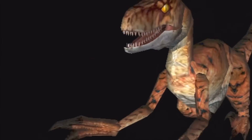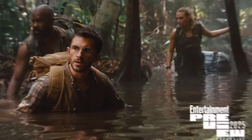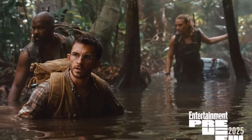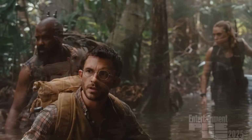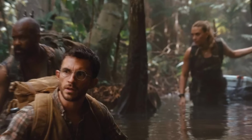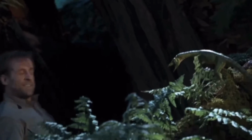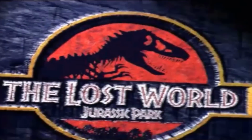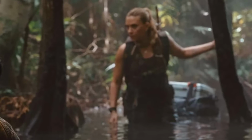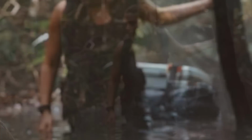Now, the first image that we see for Jurassic World Rebirth happens to be of Bashir Sylvain, Jonathan Bailey, and Scarlett Johansson wading through a swamp. Many people are taking note of how this movie is looking way different from what we've seen in a while, and looking much more like what you'd expect to find in The Lost World Jurassic Park. Scarlett Johansson seems to be carrying something behind her, but it's hard to really tell what it is, and it looks like it's some kind of case containing either gear or maybe the DNA samples that they've been trying to